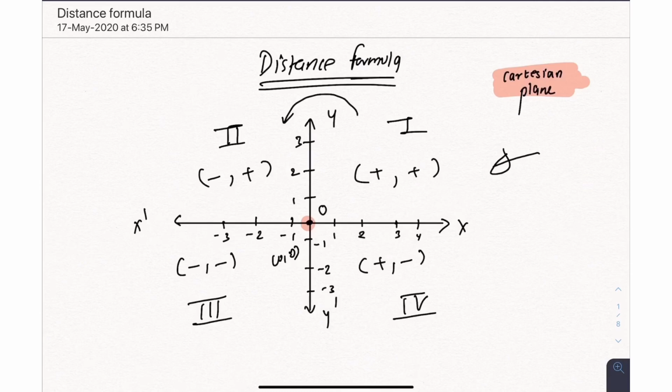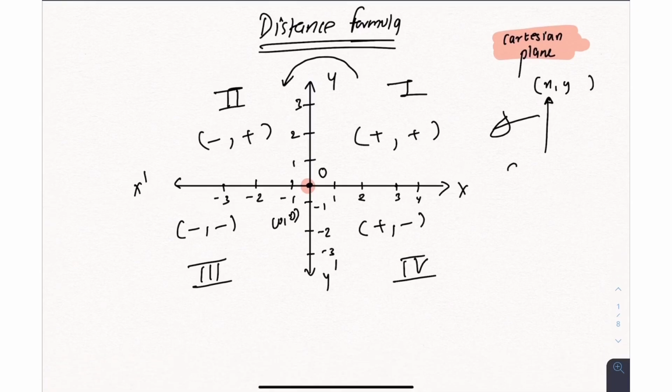So this is called the Cartesian plane, and whenever we have to write the coordinates of a given point on the Cartesian plane, it is written as x comma y, where x is also called the abscissa and y is called the ordinate. In many sums they won't say x coordinate and y coordinate, they will say abscissa is this and ordinate is this. So you have to memorize this, guys. The x coordinate is called the abscissa and the y coordinate is called the ordinate. I hope this part is clear to you guys.